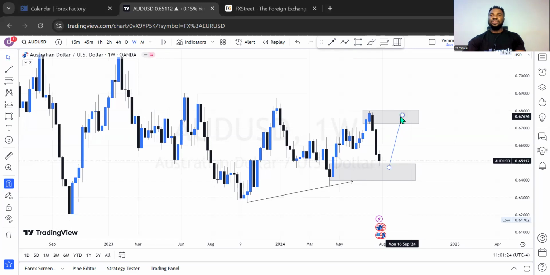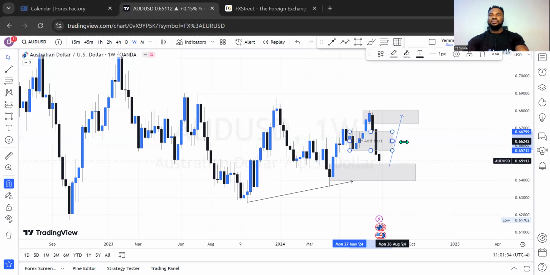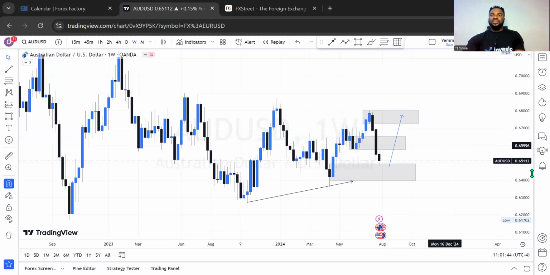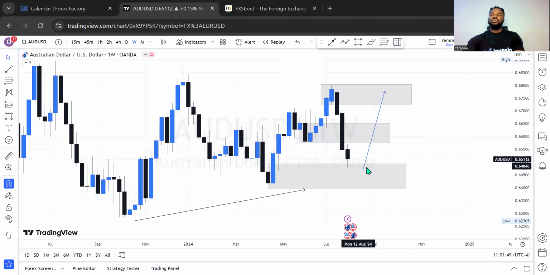This is the first point of interest. And what would have been the second point of interest? If I'm taking this for a swing opportunity, this is what I'll be looking forward to see. Coming to this level here, this level here, this level here. I'm using this bearish candle right there. So with this now, I'll be waiting for the AUD US dollar to do more of bullish movement into this price range at